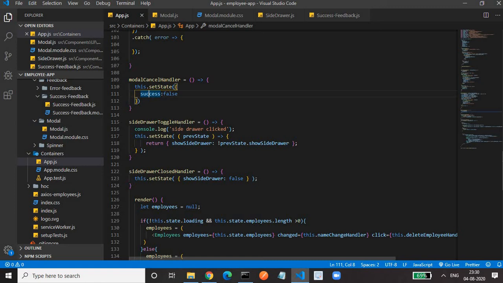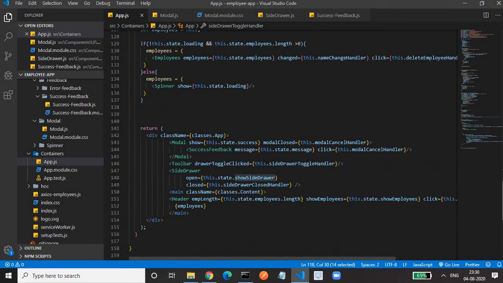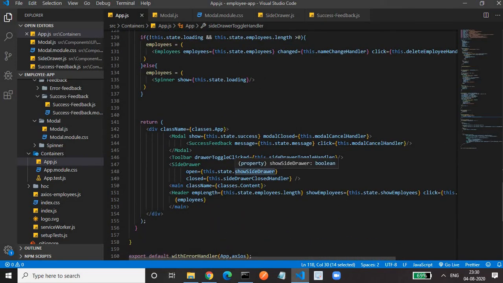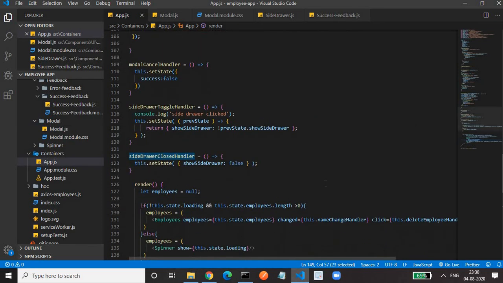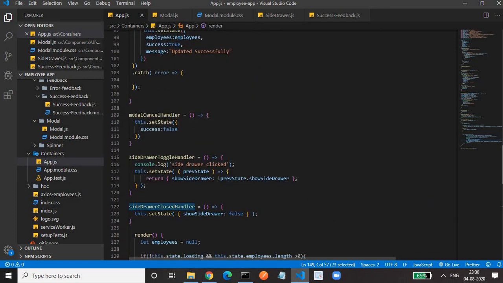And same with the side menu also. In the side menu also we have taken one boolean value. When that hamburger icon is clicked, it becomes true. Initially it was false. When it is true, we are showing the sidebar. We are passing in the open property. When it is false, like to make it false, whenever you want to close something, you have to attach it to a function. In that function, we will make that boolean value false again. That is the concept, simple concept.